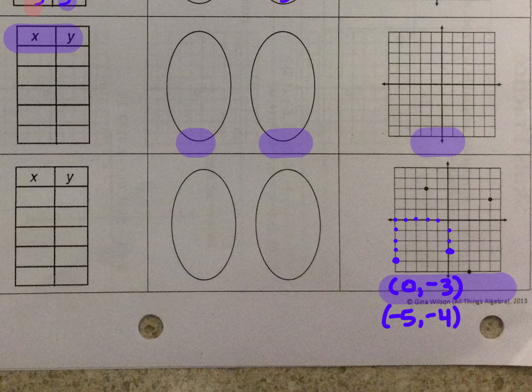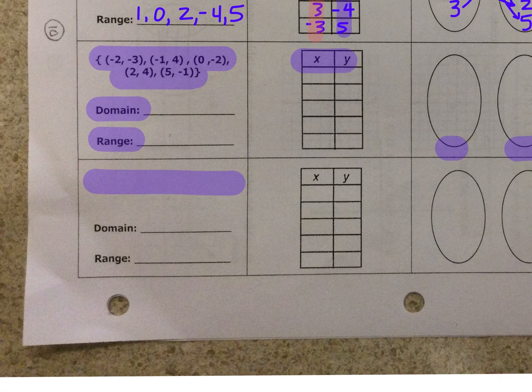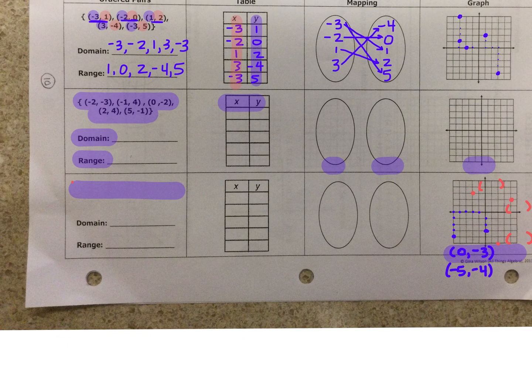So I just gave you 2 points, and you need to figure out the other points on the graph. We got one here, and you'll write their coordinates. So after you have your 5 coordinates, you'll come over. And I need you first, write out your 5 coordinates here. You'll list your domain and your range. You'll put the information in the table. You'll draw your map, and you will be